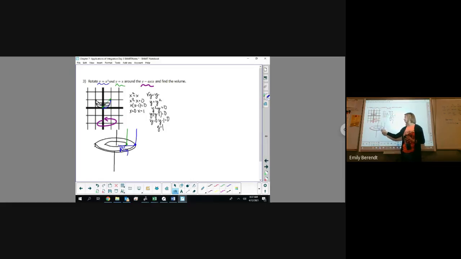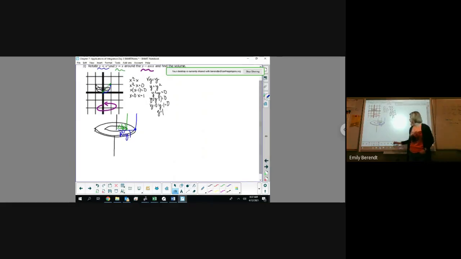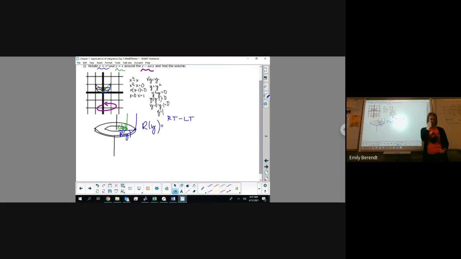And it's going to be r of y instead of r of x and little r of y. So instead of going top minus bottom, make sure that when you find r of y, you go right minus left. And make sure that your equation is in terms of y. So instead of using x squared, the blue function would be x equals square root of y. The green function would be x equals y, and then